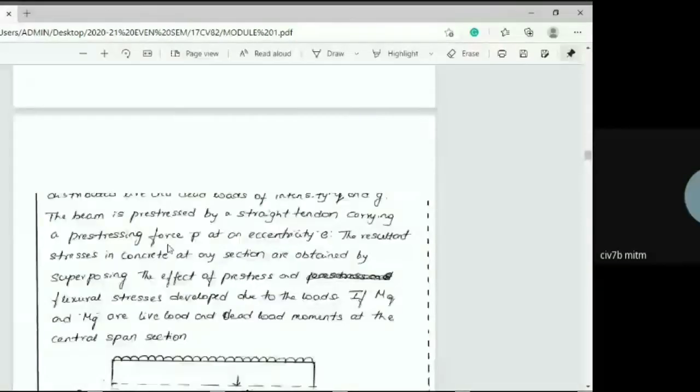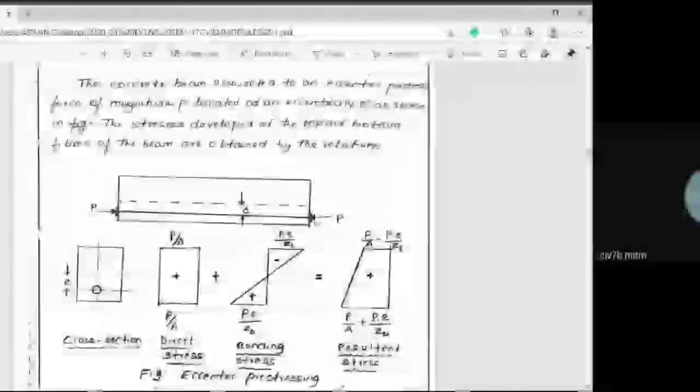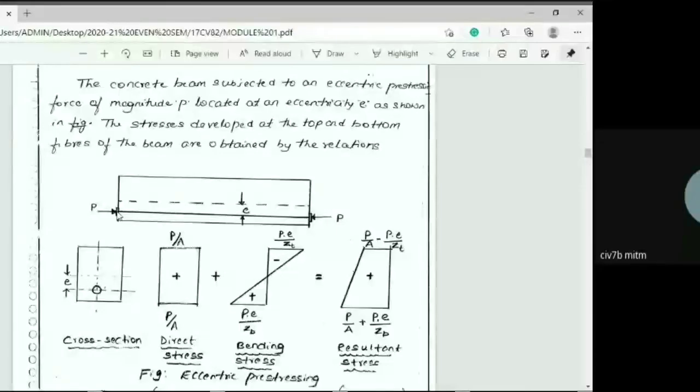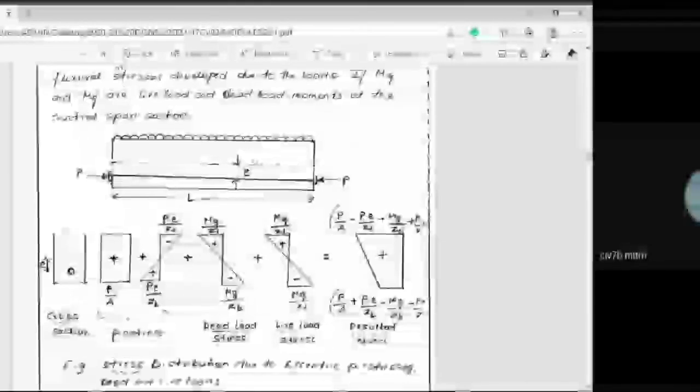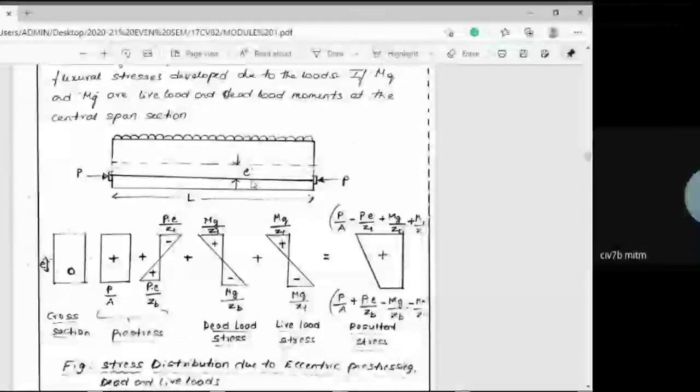No sir, I came. See here, once the pre-stressing force is induced at the bottom, because you can see in the problem here, when I induce the pre-stressing force at the bottom, because I will always place the tendon or steel below the neutral axis. That means it will create a compression phase at this, because it is compressive stresses here. And above the neutral axis, it will be negative. So that is what I have drawn.